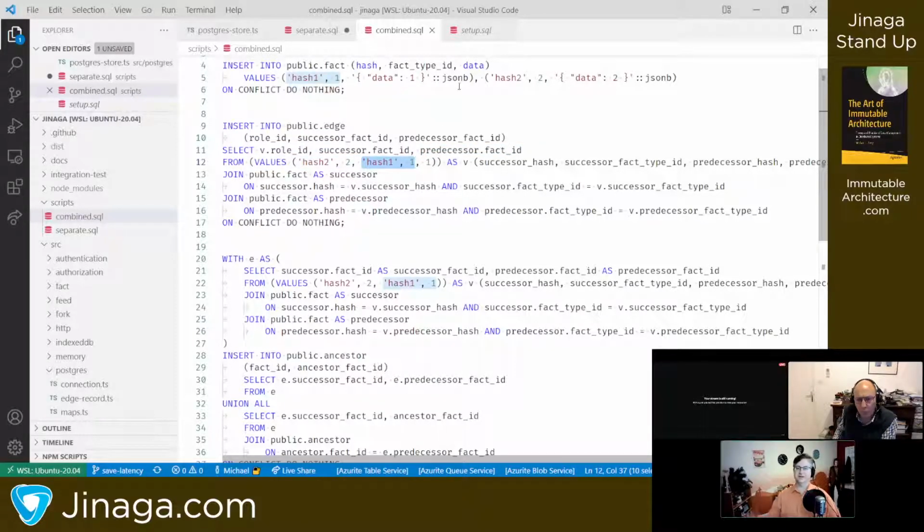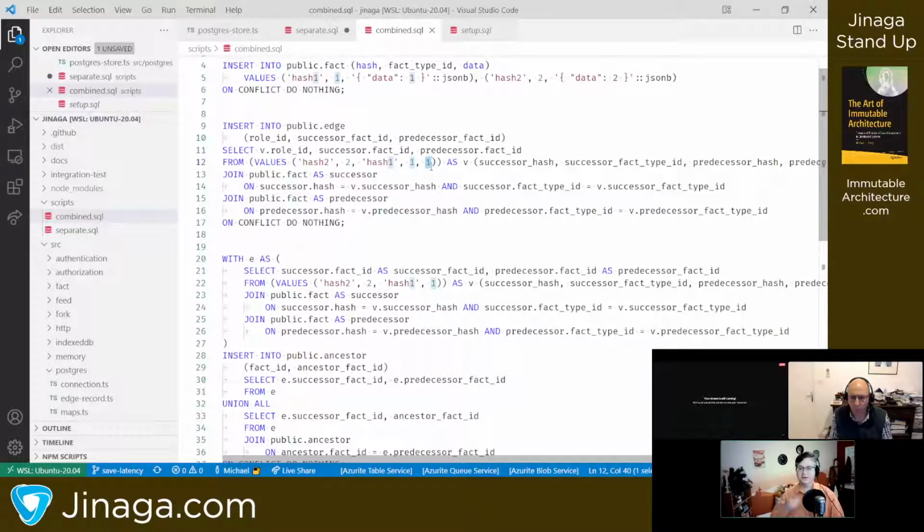So I just tried to insert, I guess it does make sense. I just gave you a very small little graph where fact 2 is pointing to fact 1. Yeah, 1's the predecessor, 2's the successor. And the role ID that it's using for that reference is 1.